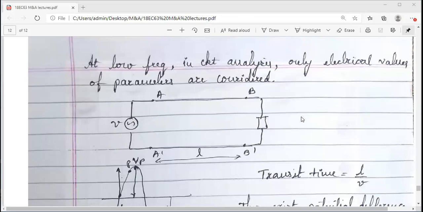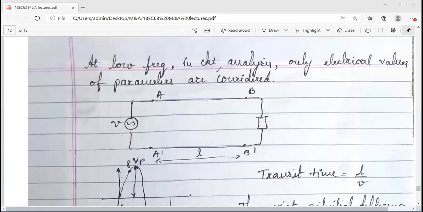What do you mean by that? If I'm using a resistor somewhere in between here, and there is one capacitor here, I'll use say 0.1 microfarad. You are using the electrical value of the particular device. Resistor 1 kilo ohm. The values you are using are important for you, and with those values you get to know the behavior of the circuit, what the output will be. This you have already done in your laboratories.